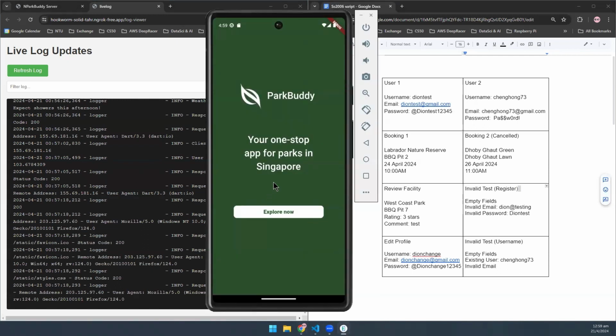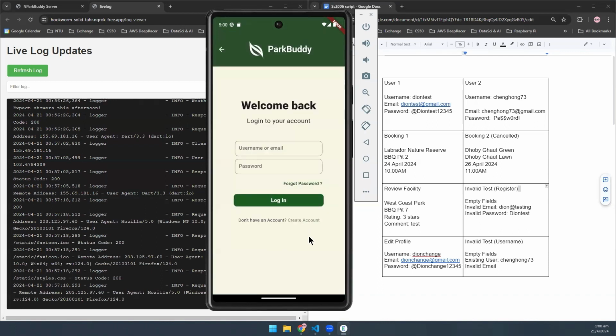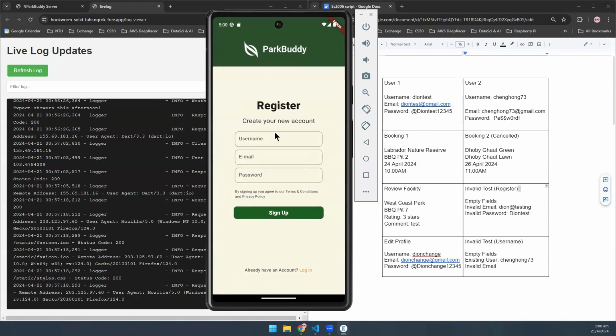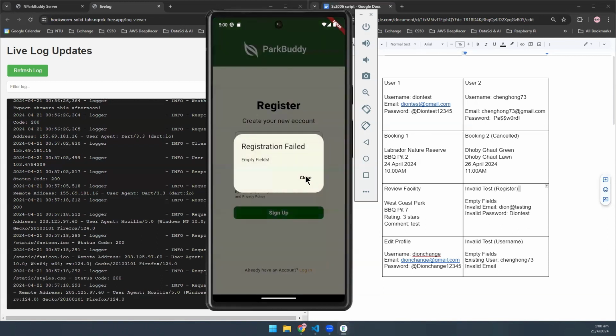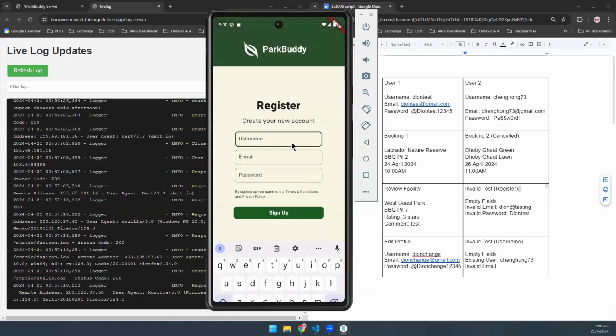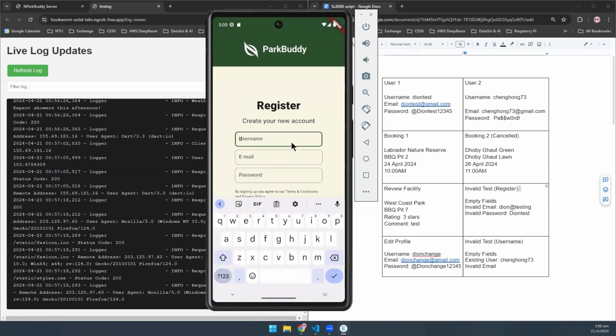On entering the app, we'll first see the landing page with the app logo. Entering the app is the login page. Using user one details, we'll first register a new test user. In registration, we'll test for empty inputs, the invalid email format,